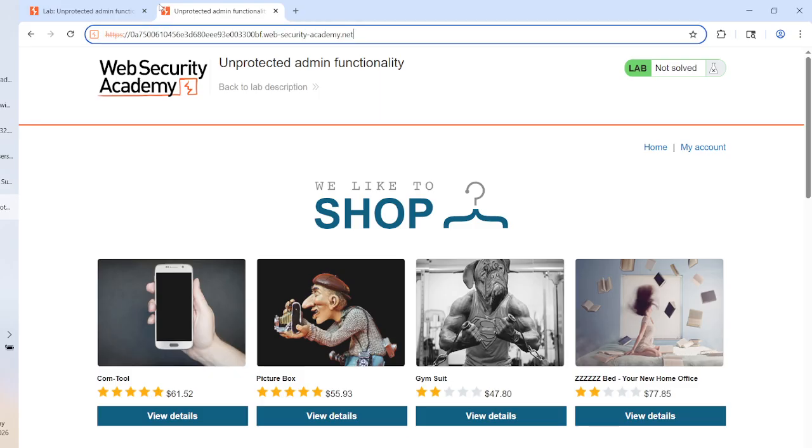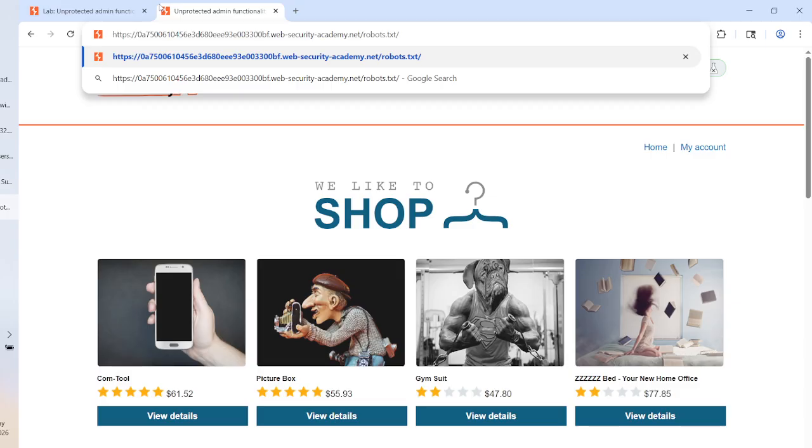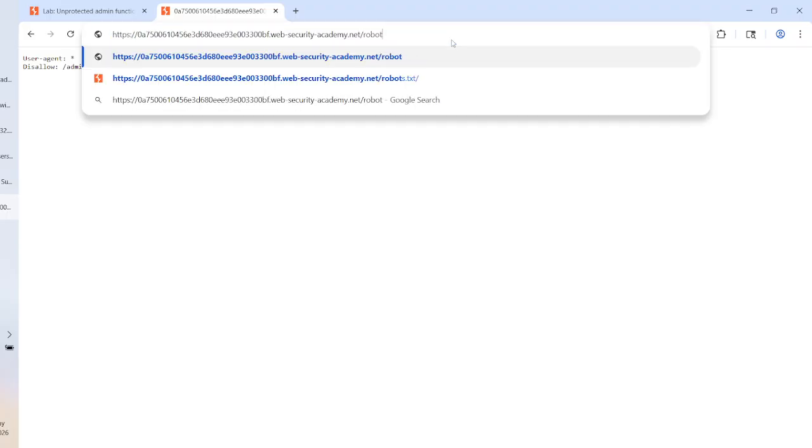Yes, so let's try one more time. There is a robots.txt file. If we try to access the robots.txt file, there is an admin panel hidden behind it. The robots.txt file contains endpoints, functionality or directories that are hidden and not crawled by the search engine. If we access robots.txt, yes, there was an administrator panel. We should always try to access the robots.txt file.